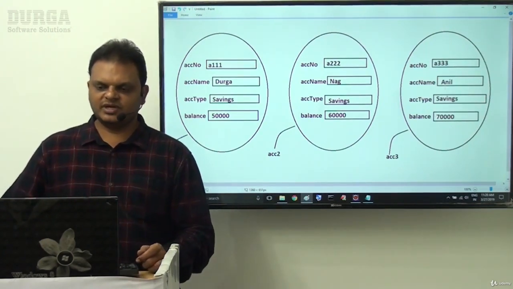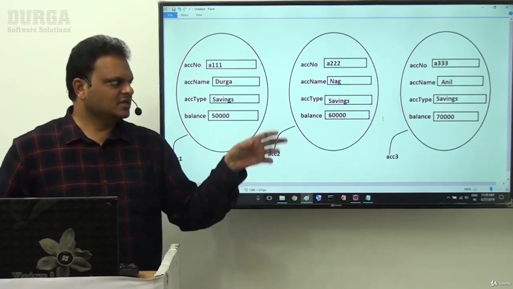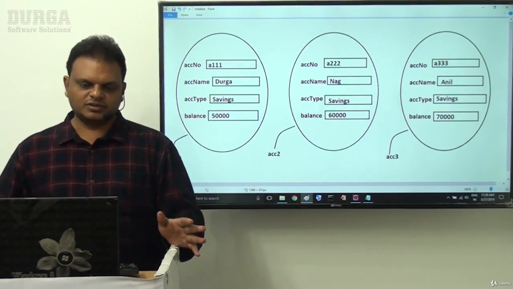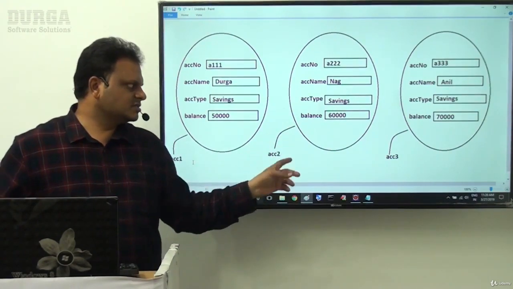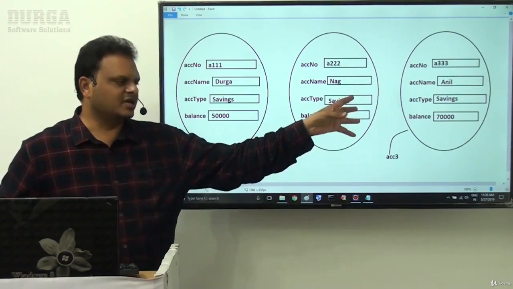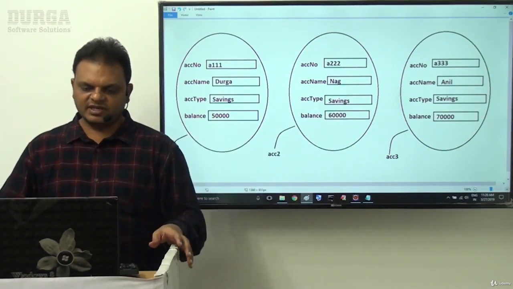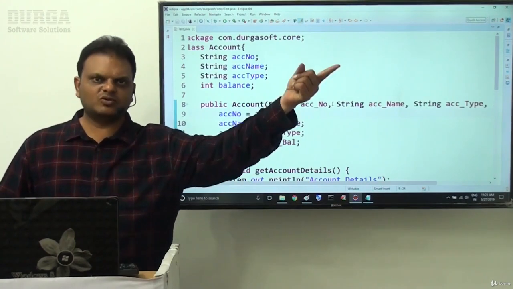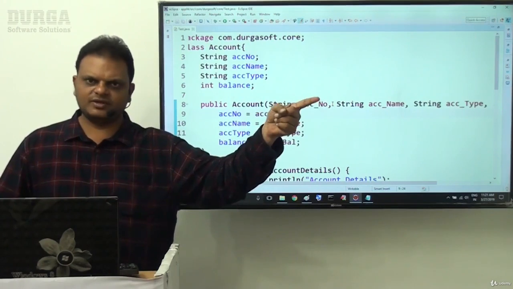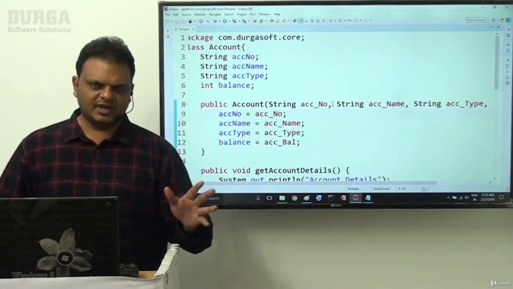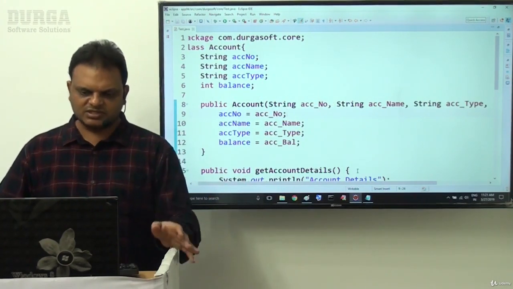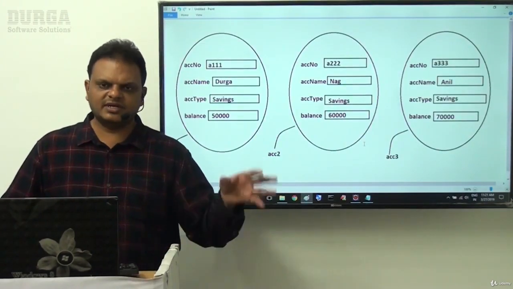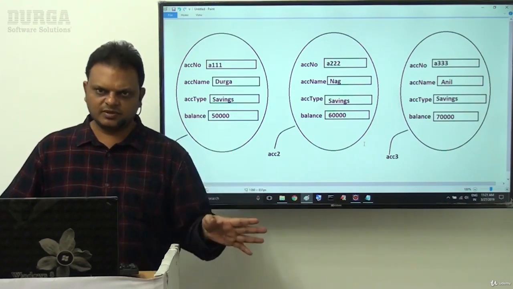Now if you observe this totally, we created 3 objects, and in all 3 objects we are getting 3 different data. Good. ACC1 is referring to one object, ACC2 is referring to another object, and ACC3 is referring to another object. Whenever we create 3 account objects in our program, it represents 3 accounts in our bank. While creating 3 accounts in our bank, definitely the data must be different, at least the account number. In the same way, in our program we created 3 objects, and inside all of them the data is not the same. The data is totally different.